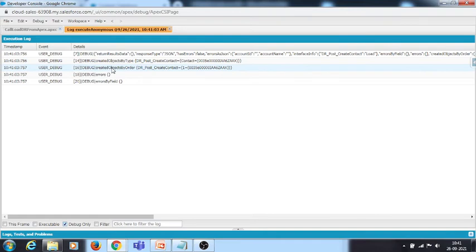Here also created objects by order. We can see Dr post is one in order, one is contact, and if a second object is created we will get it here. Errors: no errors, and errors by fields: no errors by fields.